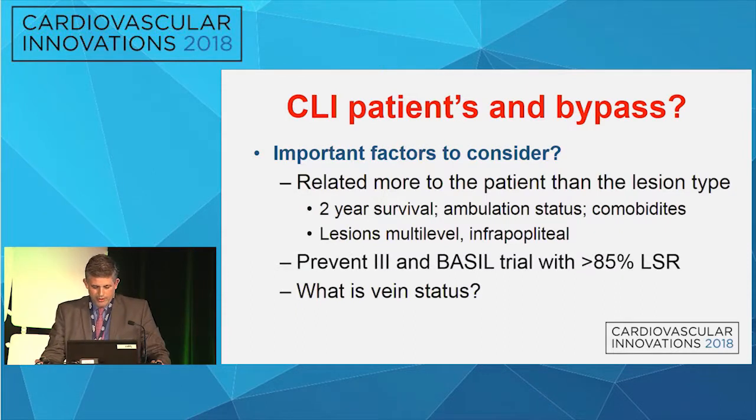So a little bit about things you've already heard, patients and bypass. And I think it's important to understand that there are lesion factors and there's patient factors. And trying to really kind of understand both of those as we make our decision. And then there are factors of, how comfortable are you in terms of doing your treatments, whether they're bypasses or endovascular procedures. I think patient factors, ambulation status is really important, comorbidities, that 2-year survival that we got out of the BASIL trial, we still aren't able to lose that until we have better data. And again, limb salvage rates are good, greater than 85% of those 2 trials, PREVENT-3 and the BASIL trial.